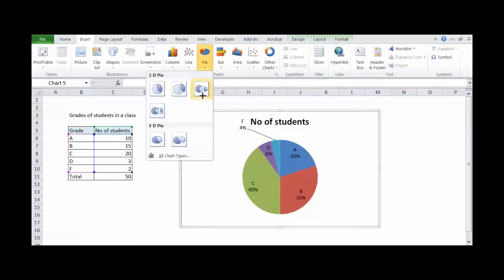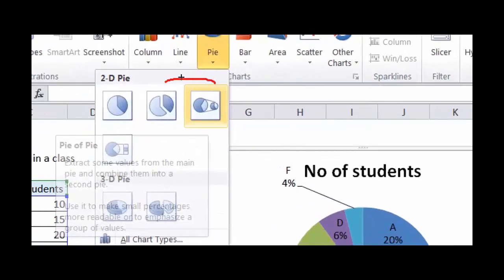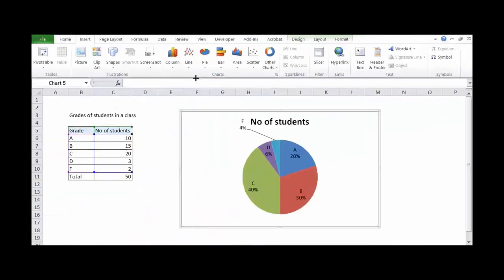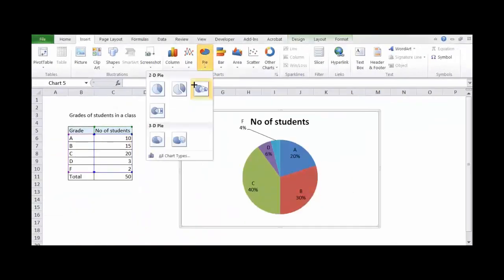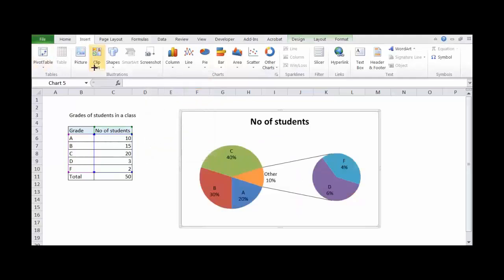So if you see that this is one type of pie chart, wherein those values which are very small, it classifies them as separate values. Let's see what we do: I insert this. So what you find is that D and F, the values were very less, right?